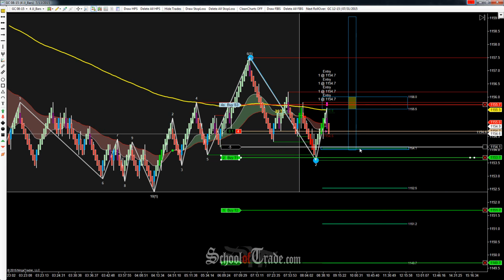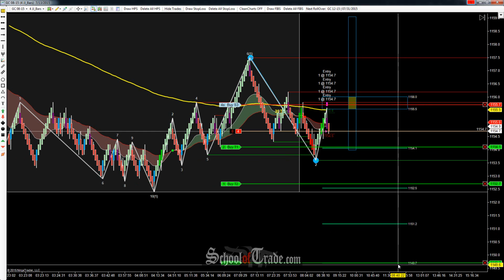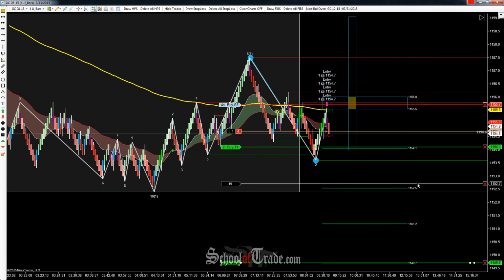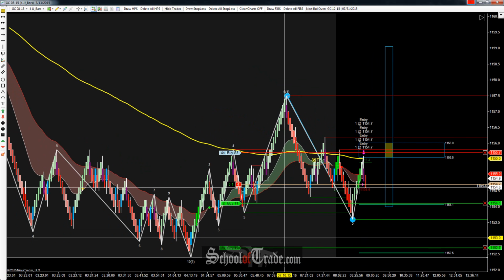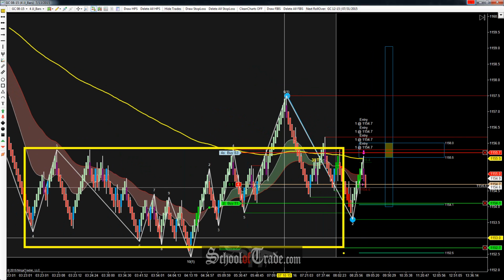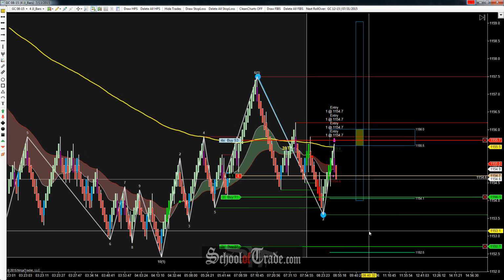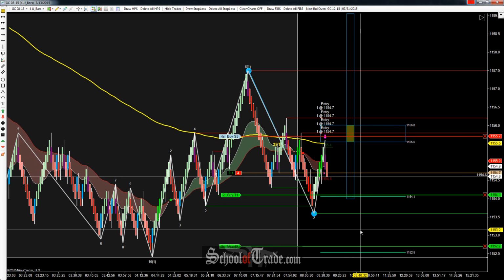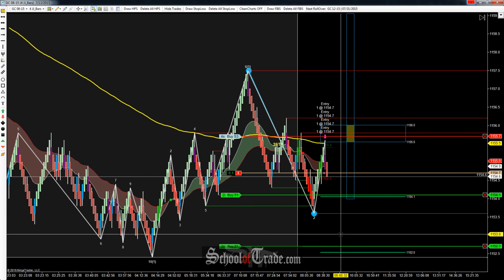There we go. So entry 54.1 and final target again we'll go to 52.7, and then final target we're just going to stack up on the bottom because after that big push that we had down, we ended up getting stuck in this range. Right? Well, where's our target? Right at the range low. So we don't want to tempt fate by trying to force it to go through that low. That's going to be probably more trouble than it's worth. In this case, we're just looking to take profit conservatively right at the lows, and that should be good enough